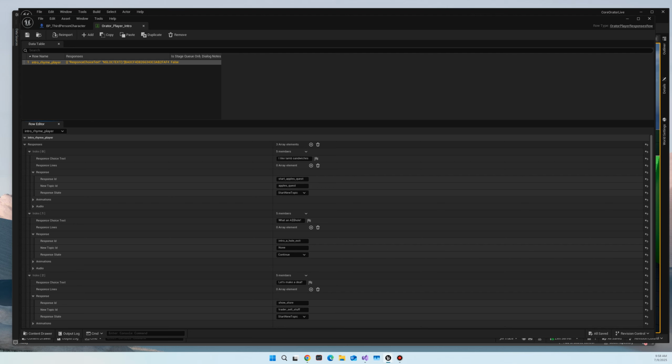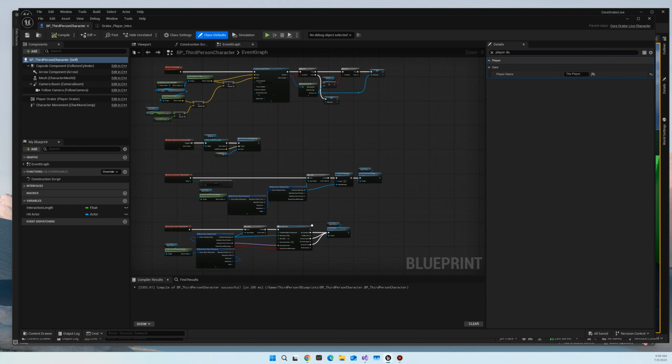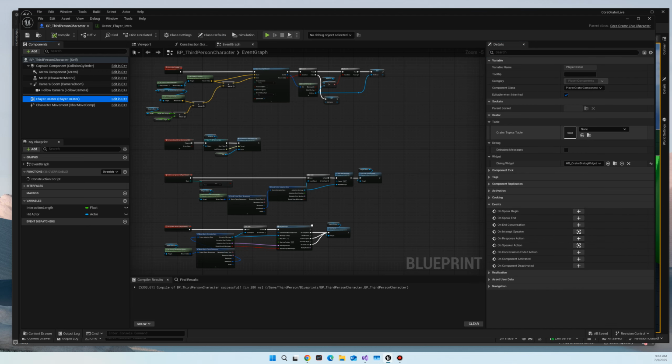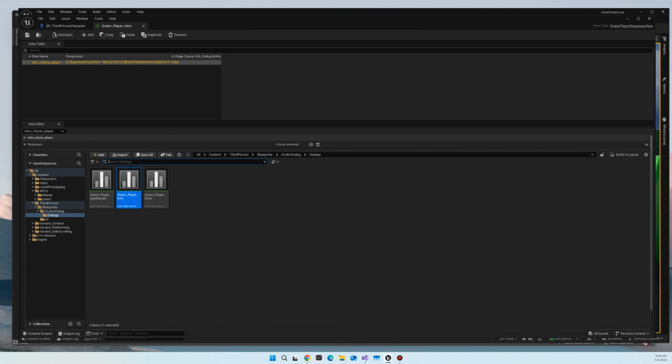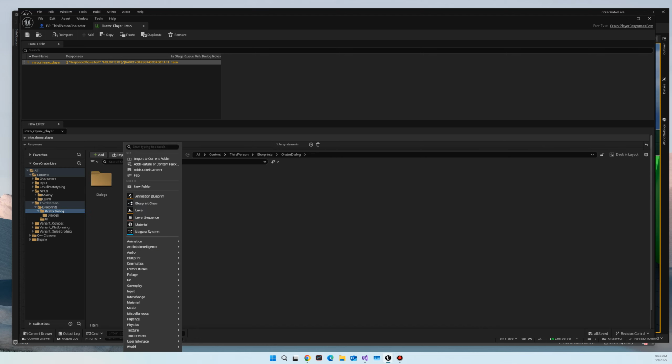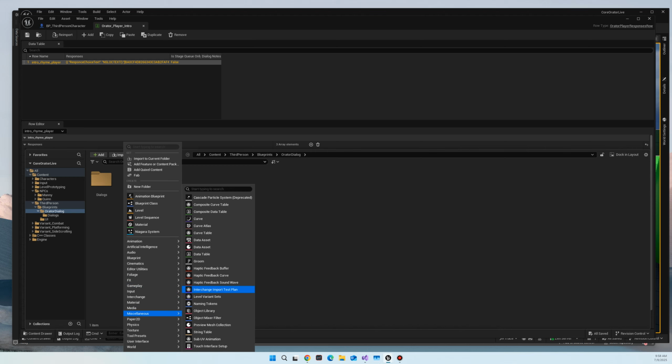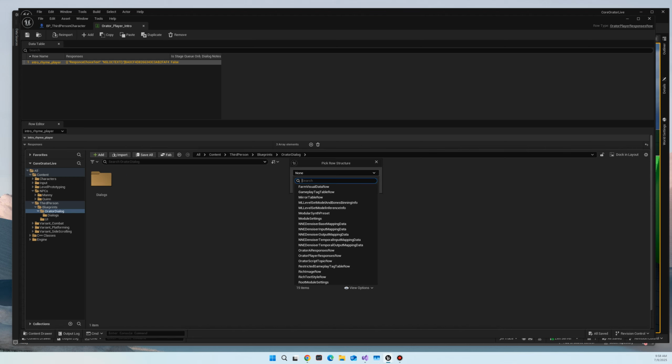So now we need a way of hooking all of these conversations into the player, and that is done through the topics table. So as you can see here, orator topics table. So we need to go create a topics table now. I'm going to come in here, come up one into the dialogs under orator dialog, right click, and again, this is a table, so miscellaneous, data table, and I'm going to say